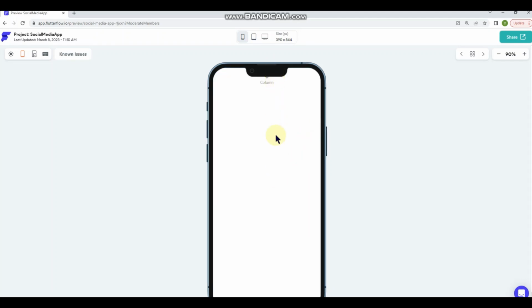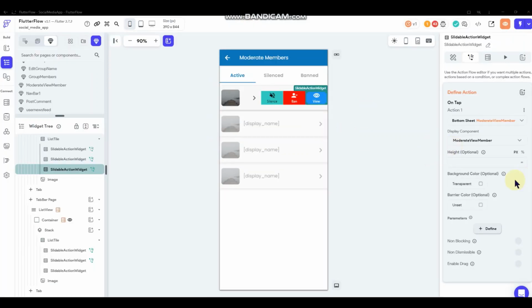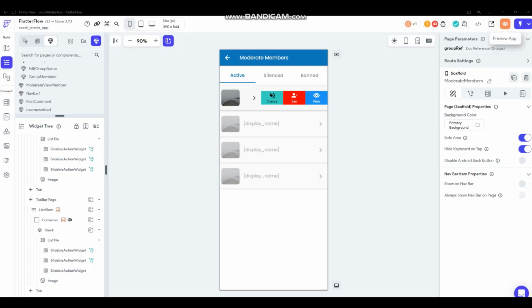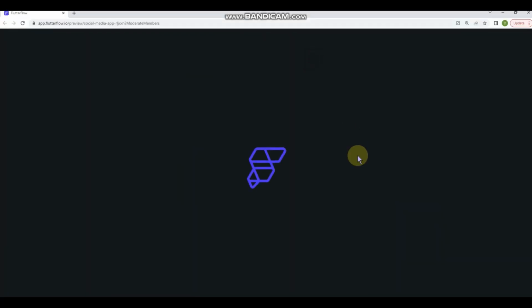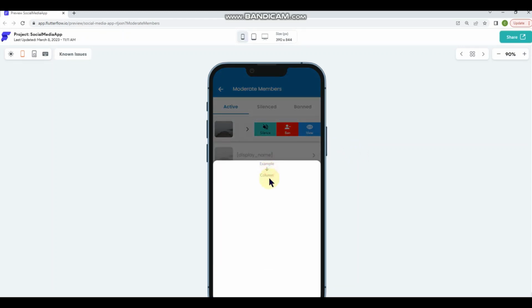So as you can see, it went all the way to the top. This is my bottom sheet that I'm working with. So you can do it that way if you want. You can just let it go all the way to the top, or you can define a height for it so that it'll stop midway through the screen. I'm actually going to do like 60% of the screen, and then we can look at that again. And now you can see it stops there and doesn't go all the way to the top,